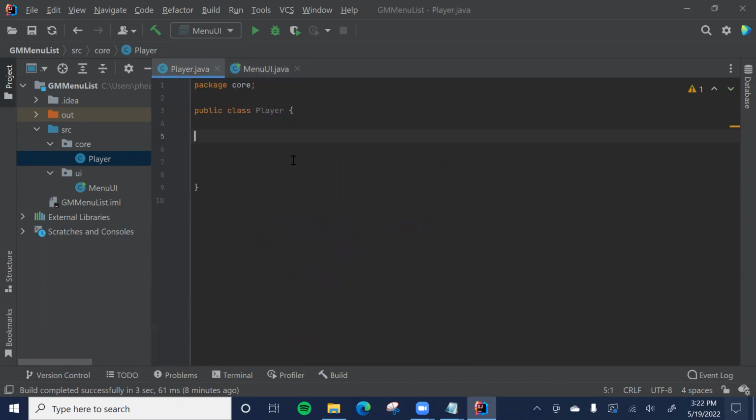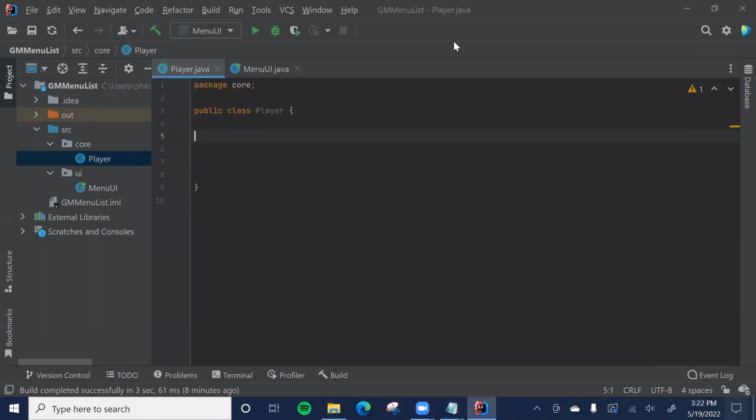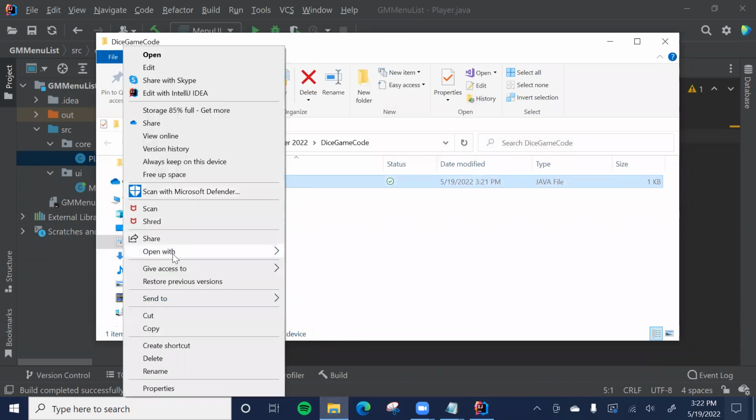And they're both going to implement an interface. So interfaces, I guess you could say, it's like a commonality, it's like a function that you want a class to provide. So in this case, I have an interface called action, which I'm going to